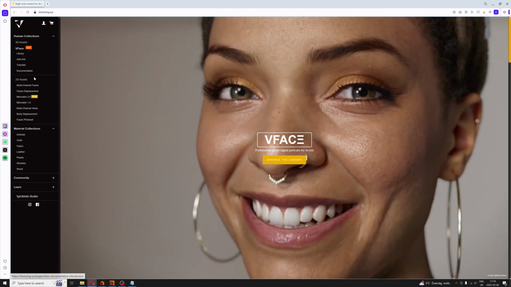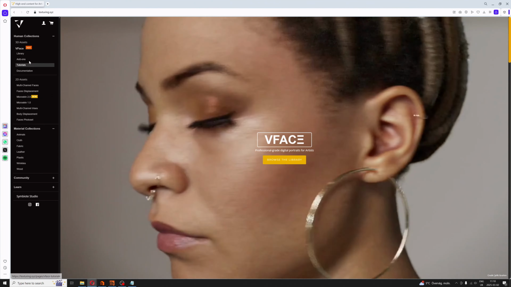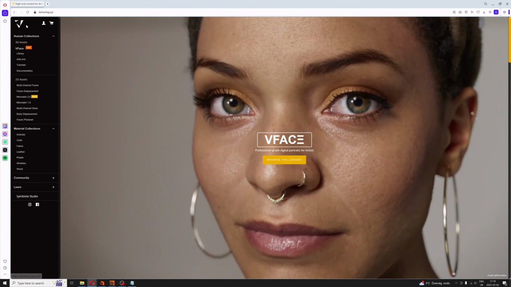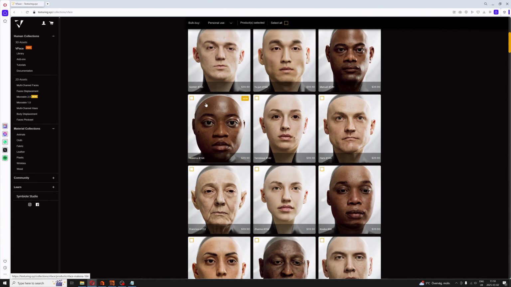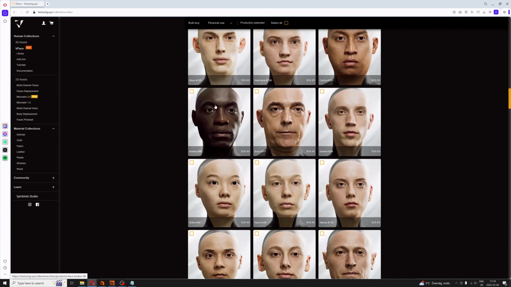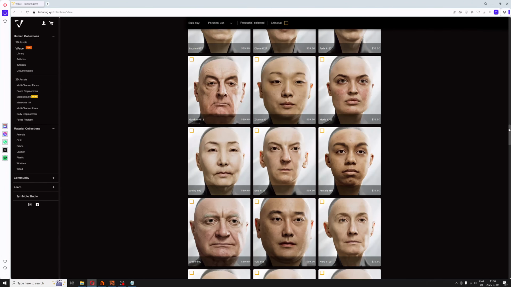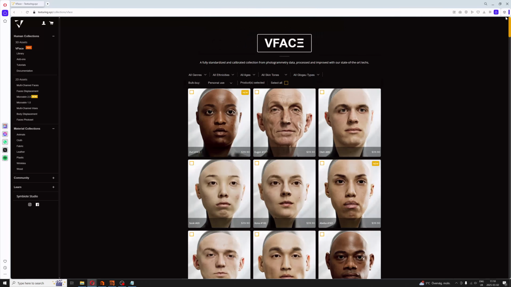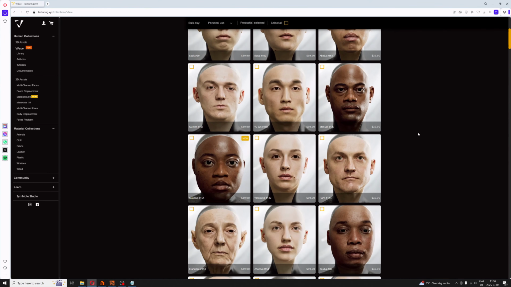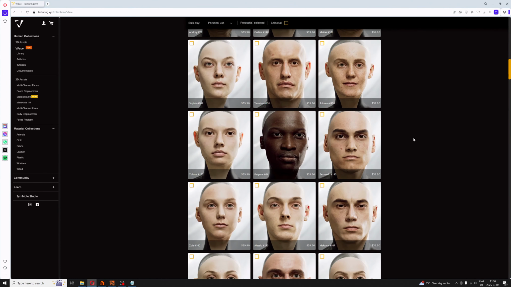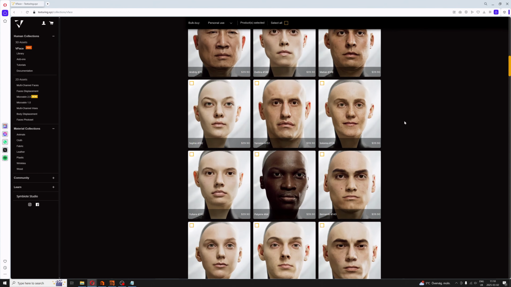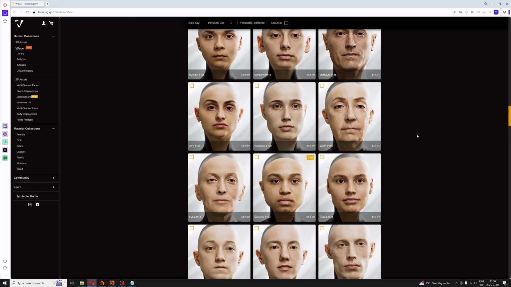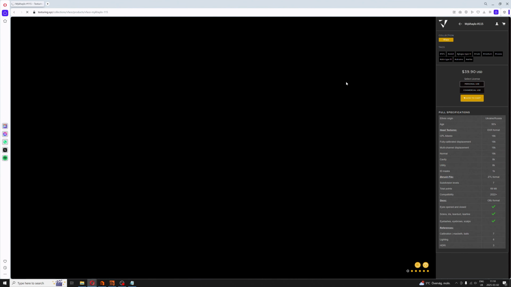So here you have multiple things that you can use for creating your characters. But if you go to VFaces here, you have a library of characters, and it's pretty big. So you have characters with different ages: people in their 20s and 40s and 60s and even 80s. You have white skin, you have black skin. I think you have other races as well. But if you go to any of these, let's say we take this character,